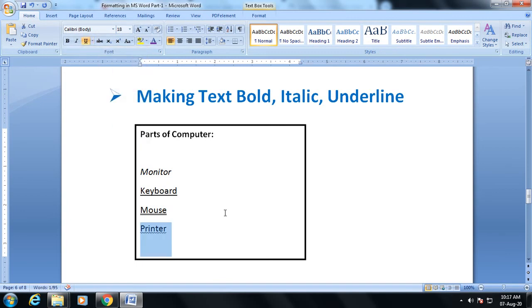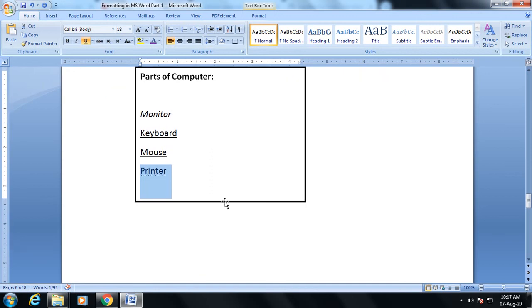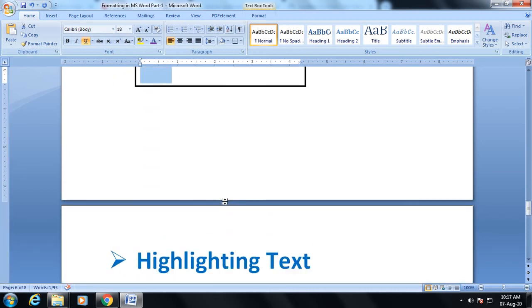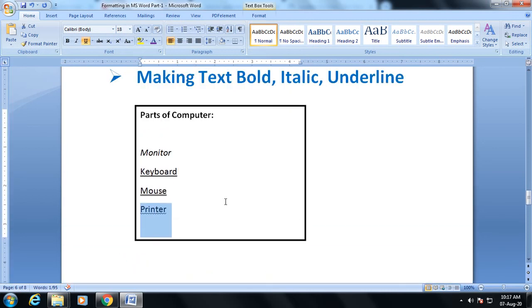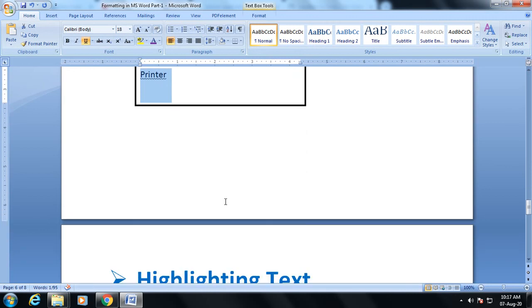So in this way you can apply bold, italic and underline formatting.